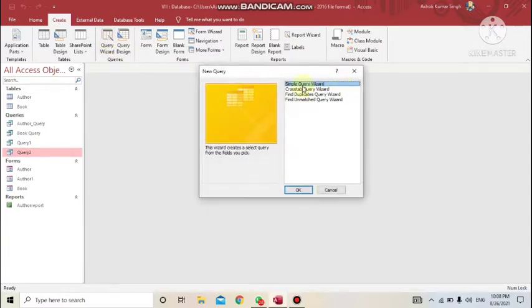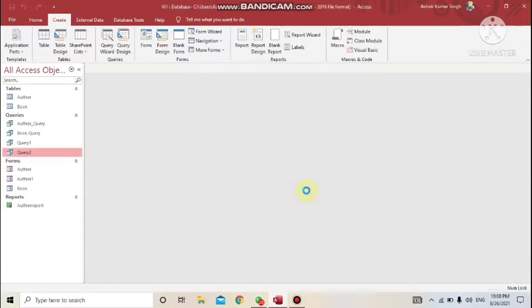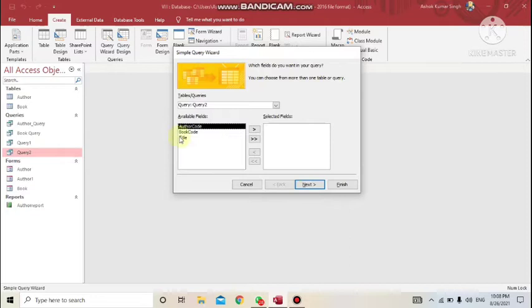Once you click, by default Simple Query Wizard will be selected. Click on OK. In the next screen, it will show you all the tables and queries which you have already created, and you can select the table or query on which you want to make another query. Remember, queries can be made on tables as well as on queries which already exist in the database. Don't get confused with that.